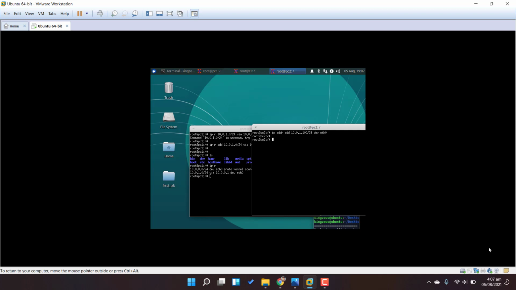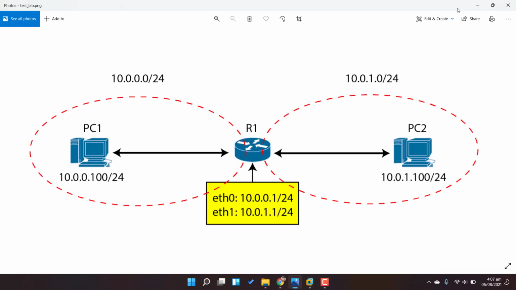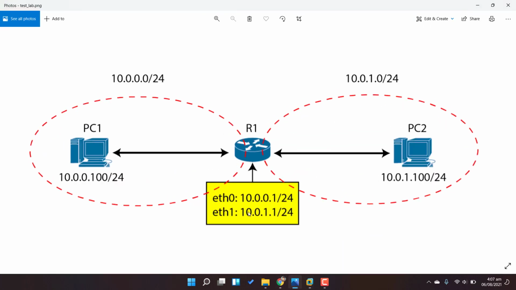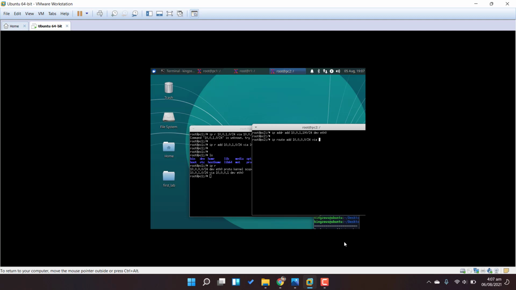And again, we have to tell PC2 about PC1. How? We define an IP route. Short form is r. So ip route add 10.0.0.0/24 via which interface? Well, we have to use this interface, eth1. So that's 10.0.1.1. Perfect. Now PC1 can talk to PC2, and PC2 can talk to PC1, but